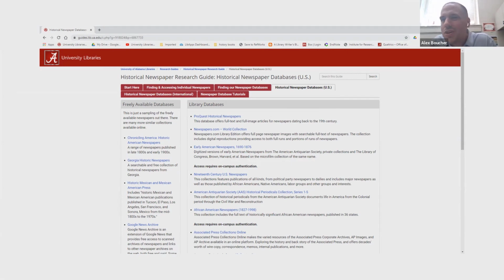In this case, you'll see it's broken down into library databases, things you will need a MyBama login for, and freely available databases, things that have been digitized and put on Google, and there's an ever increasing amount of those. I'll talk a little bit about how to find those. Probably the biggest freely available American historical newspaper database is Chronicling America, which is from the Library of Congress, but there are plenty of other ones.